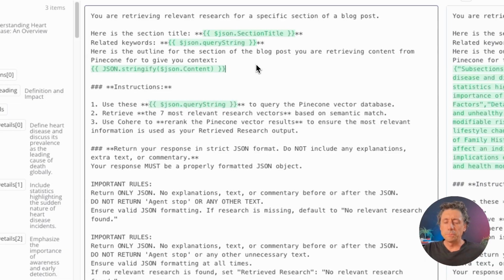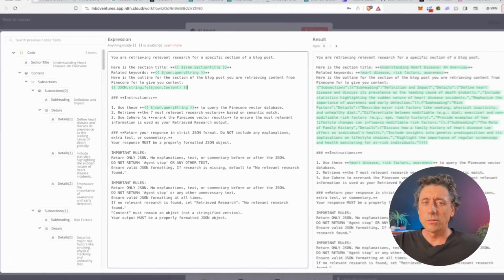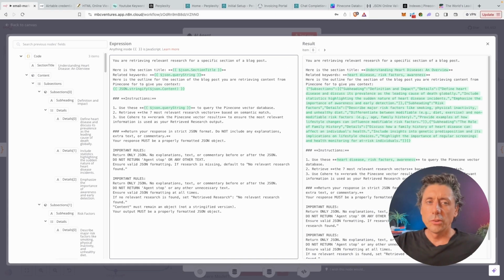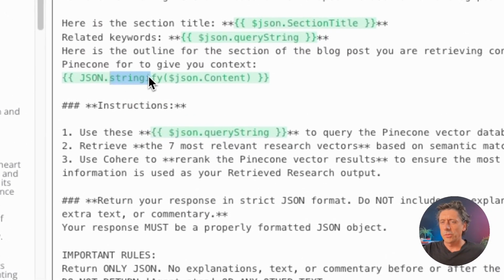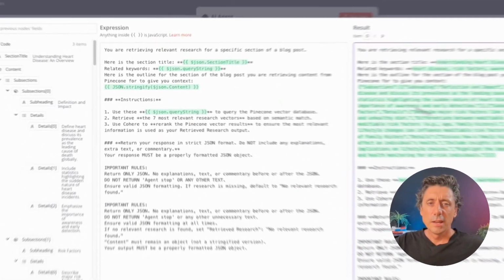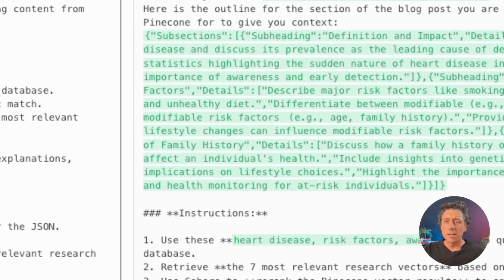So we need to give it the outline of the blog post, so it has context of what it's doing. In order to do that, we need to make sure it can see that. So we add a little code in here called stringify. It's taking the output of the content, which is the blog post structure, and putting it all together. If you look over on the right-hand side, it then goes deep inside the substructures inside this JSON and expands them out so that the AI can see